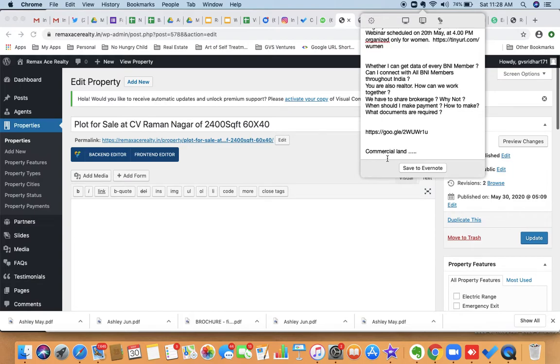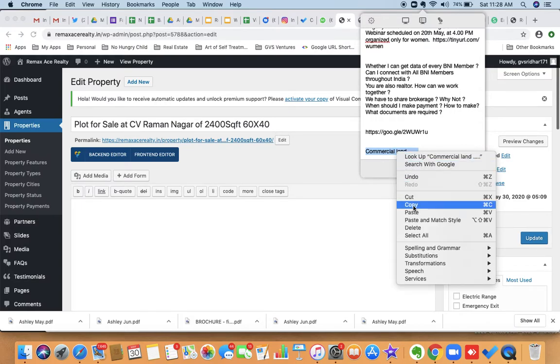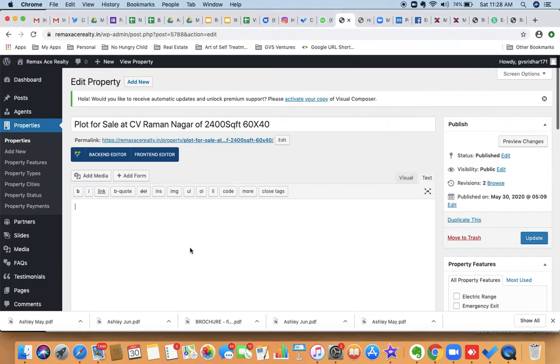You type out everything, then right click and copy. Then you come here and right click and paste it. When you paste it here, you will not be able to see it, but it would have got pasted. So don't worry about that. You do like that, and then finally you have to update.